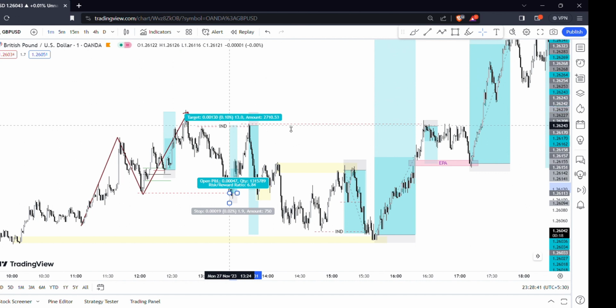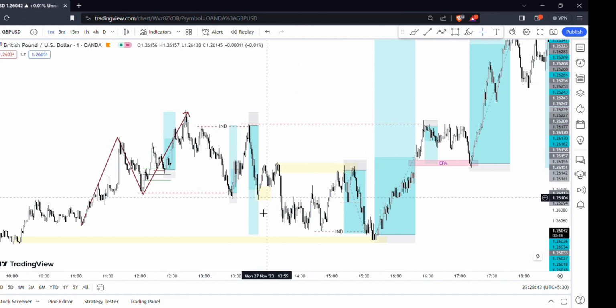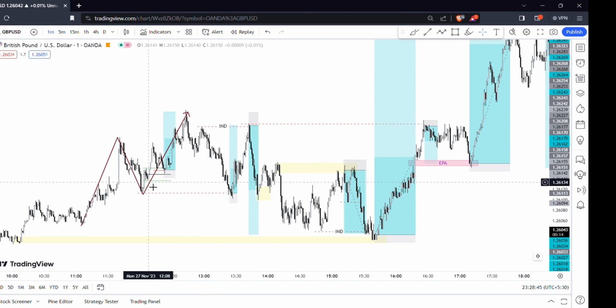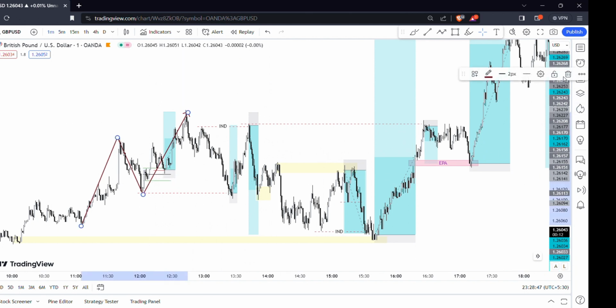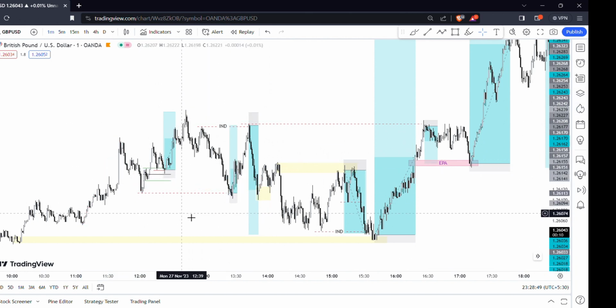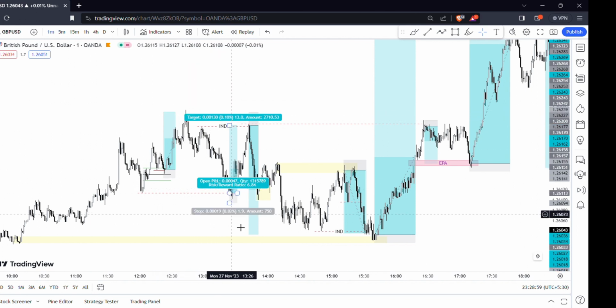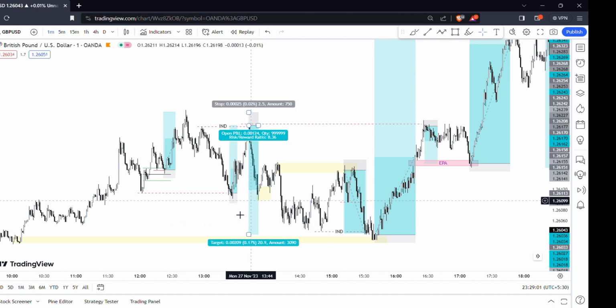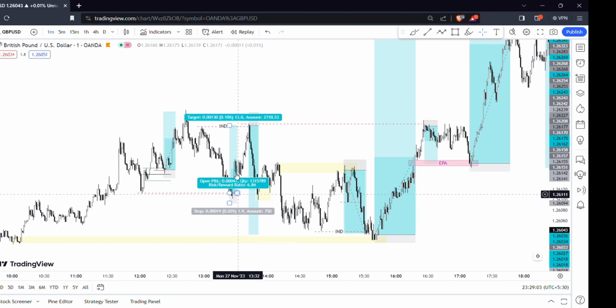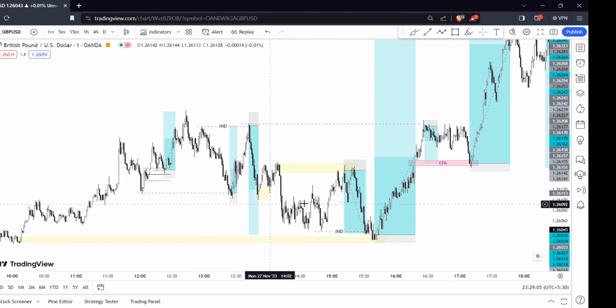So it hit my first target, as you see, and the market reversed. And two scenarios can happen. This can be the real break of the structure, and this can be the structural liquidity. So that's why I took a sell here. Stop loss safe at exactly this high, and target the next liquidity. That's simple. This is the trade. Buy because of the inducement liquidity. This sell because of the structural liquidity.